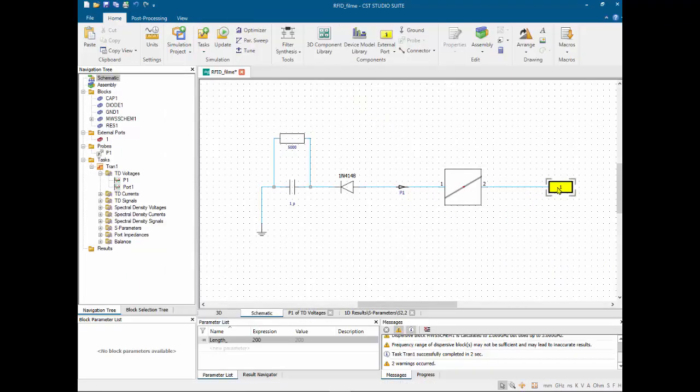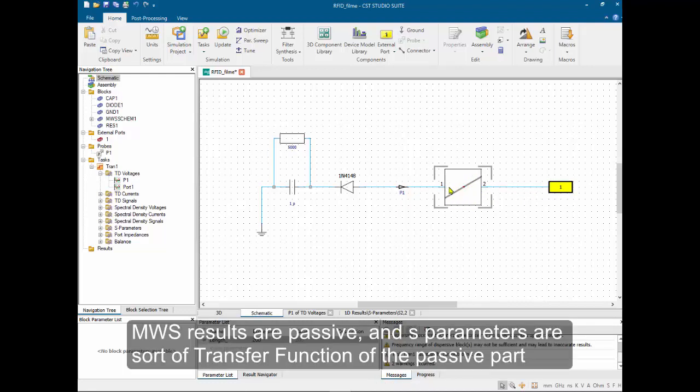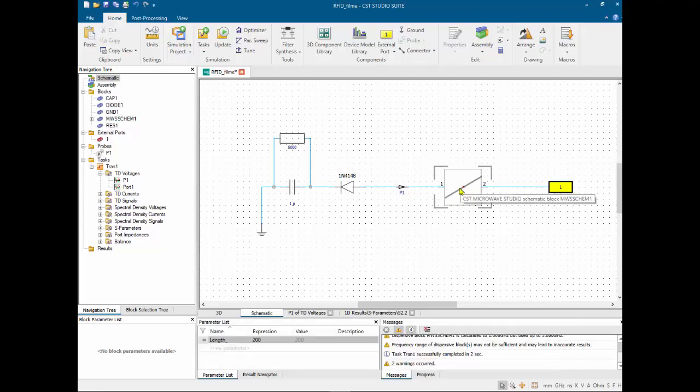Port number 1 is excited, and there is a transmission through the air between 1 and 2, which is described by the S-parameter matrix that was just computed by Microwave Studio. And then we have this circuit simulator here, which is a plain diode.